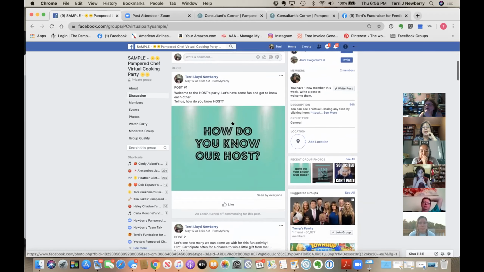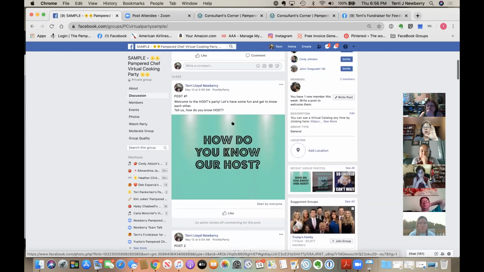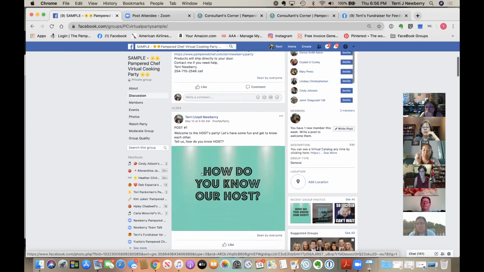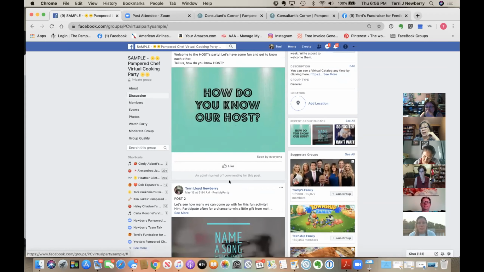Okay. And there are, which is really, really important. So notice that we uploaded a picture, and we just chose a current recipe. This is made so that you know that you're in a pretend group. Everything that we've done, we've color coordinated with 2 flowers at the beginning and 2 flowers at the end. So at a quick glance, you can tell that you're in a training situation. It's not a real party, okay? I've also turned off all of the commenting, so you can't comment on it, so it won't change the order.